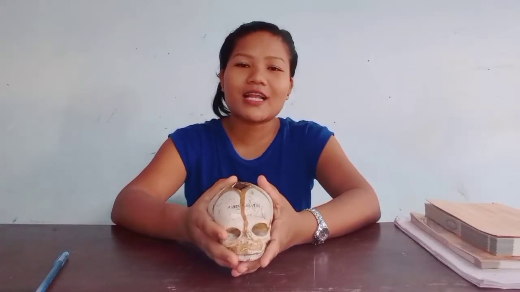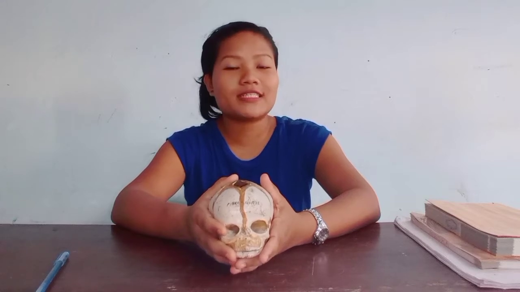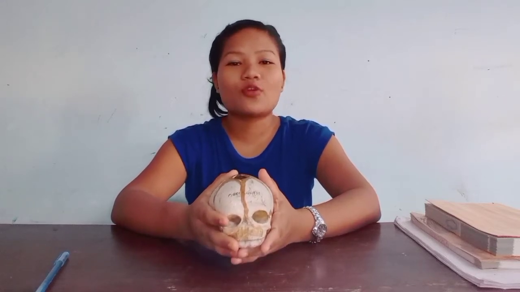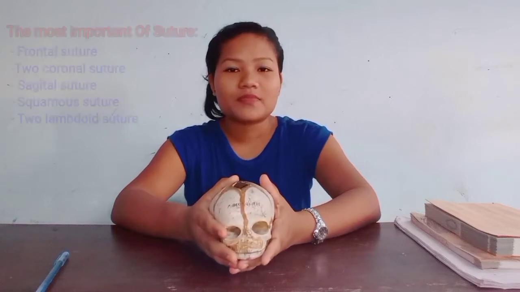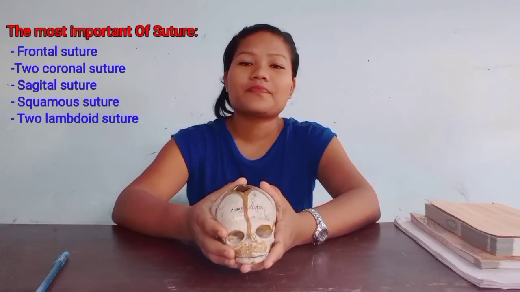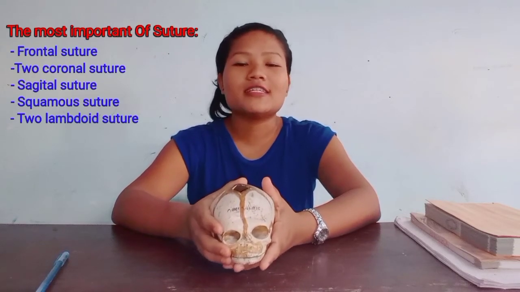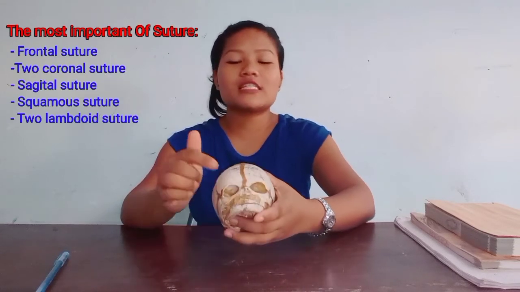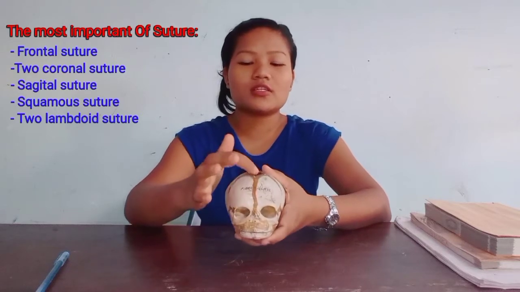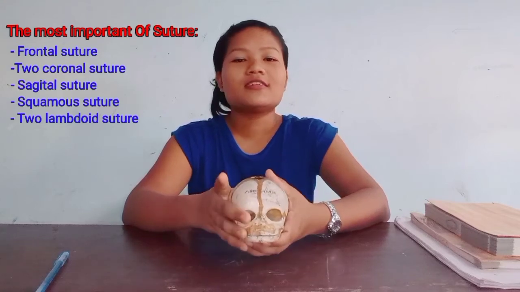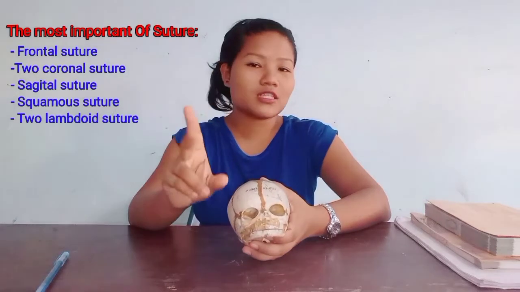The fetus skull bones are separated from each other by membranous spaces. They are commonly called sutures. So sutures are, you may see, there are 8 sutures. One is the frontal suture. This one is the suture you may see here. This is called suture. And frontal suture you see, first suture.